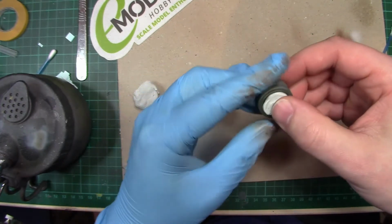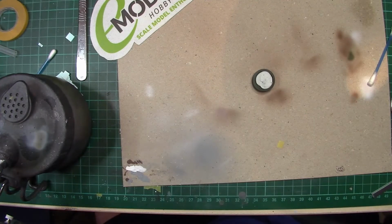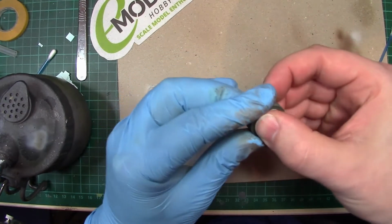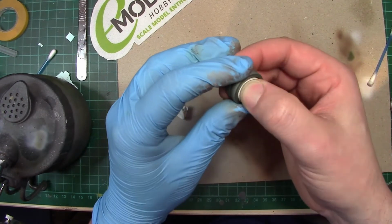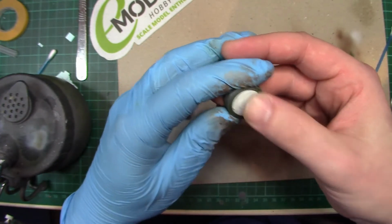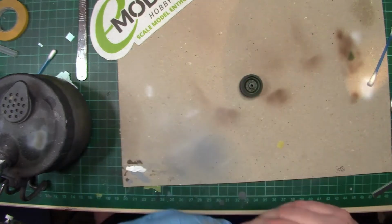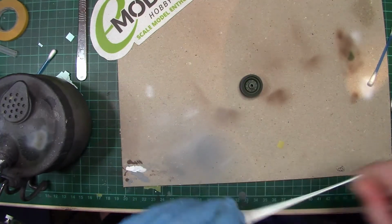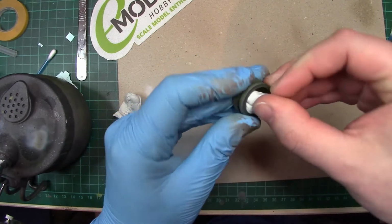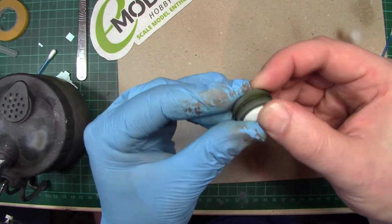Just very quickly going in there like so. Now if you're not too bothered because you've got a skirt in the way. Like I say, this is just another version of quick and nasty. There's probably about 70,000 versions of this. Not of this very technique, but of how to paint wheels. Now, if you're not too bothered about having that rim green, because technically that is part of the wheel hub, it should be green. If you're like me and you really don't give a monkeys about that kind of thing, this is just another version of